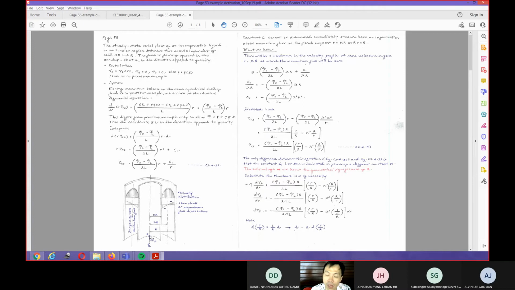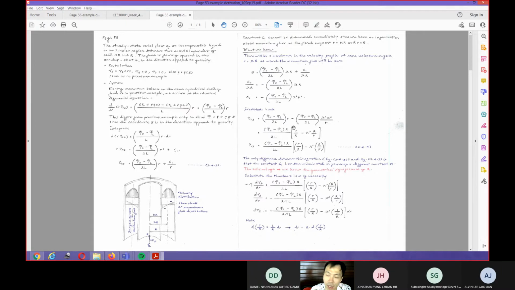Then we notice that there is a difference in terms of the modified pressure. The modified pressure sign, instead of minus as in flow through a circular tube, becomes positive in this particular example, because of the difference in the original coordinates where you put the direction of z. The z in the flow through a circular tube is going down, but the z in the flow through an annulus is going up.